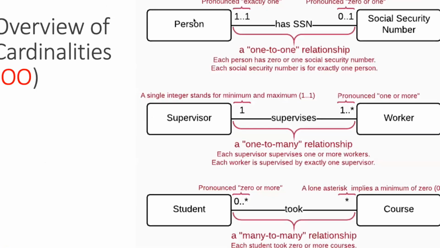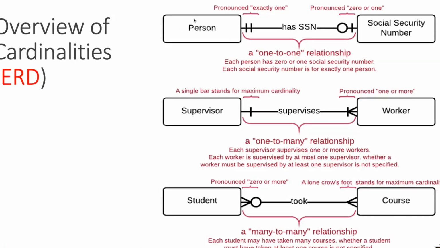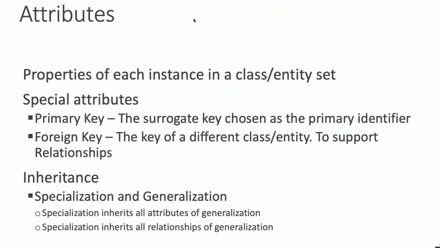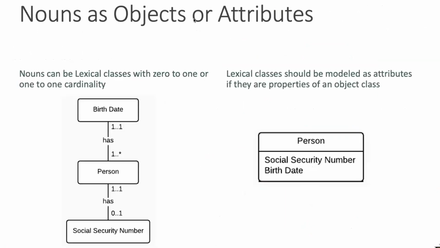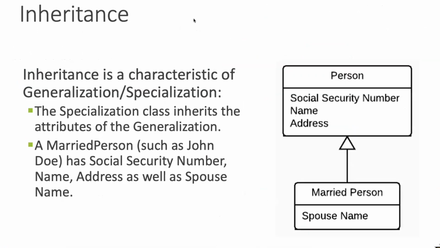And this is the overview for the cardinalities. All the things that we mentioned, the summary is here. And we talked again about the primary key and foreign key. And also we talked about the inheritance rule. So we mentioned that in the generalization and specialization group. Whatever relationship the generalization, the supergroup, has, the specialization or the subgroup, they also have the same relationship and